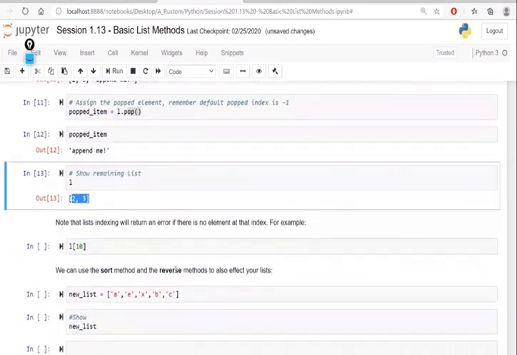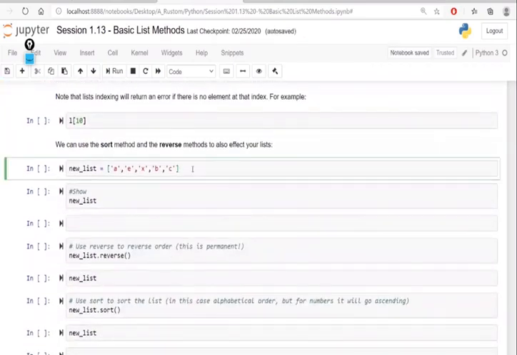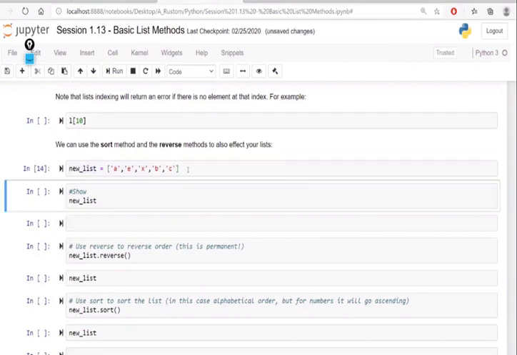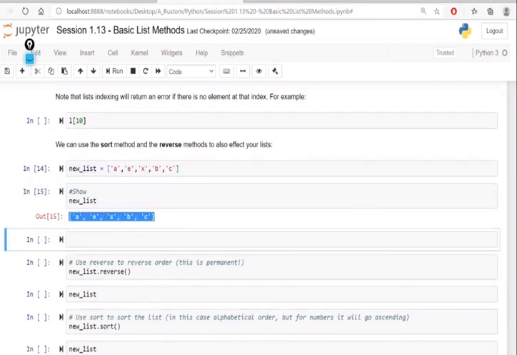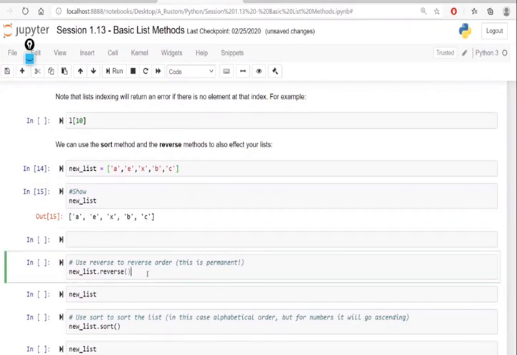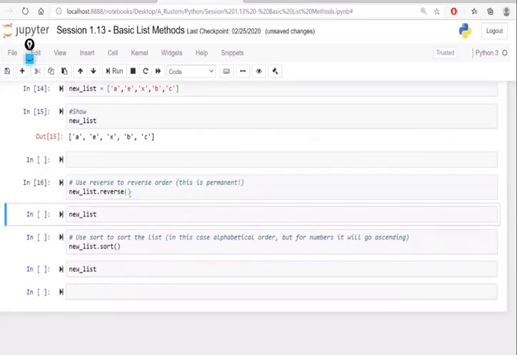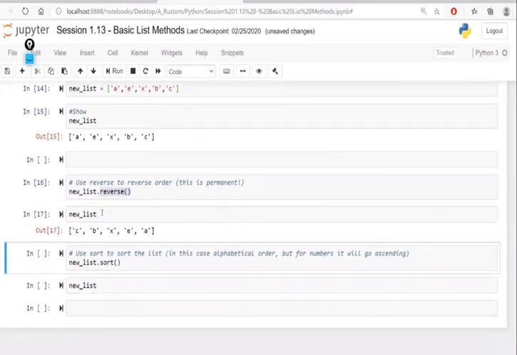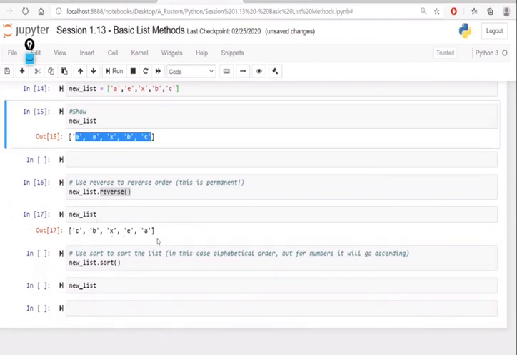All right, so fine, that is one of the methods. And here we will see some more methods. A, E, X, B, C, some random data I have assigned to this list. Let's execute, and if I print, yes, I'm able to print the same data. Now there is a method called reverse. As you know, the name itself says it's a reverse, so it's not hard to understand. I just reversed it, and if I print that, you see that all the data is reversed, C, B, X, E, A, right?